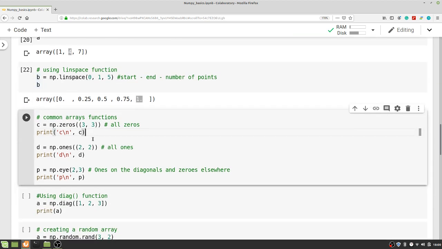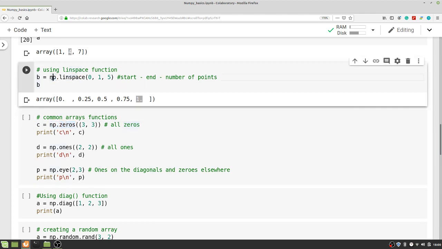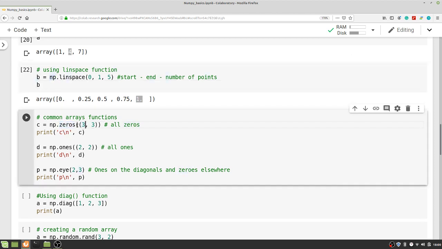Now there are other common array functions that we can use while initializing a matrix. Suppose I want a complete zero matrix, then I can use np.zeros. Remember to write np., because all these functions are inside the numpy library, so we have to call it initially. In np.zeros I'm using double brackets because in the function argument I have to give a 3 comma 3 shape, which tells the program what size of matrix you want. So this is 3 comma 3. Suppose I print this,